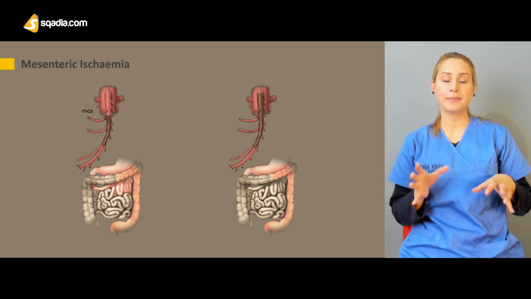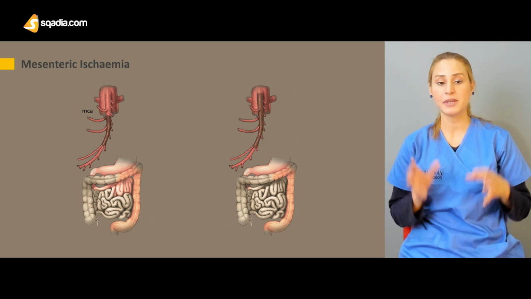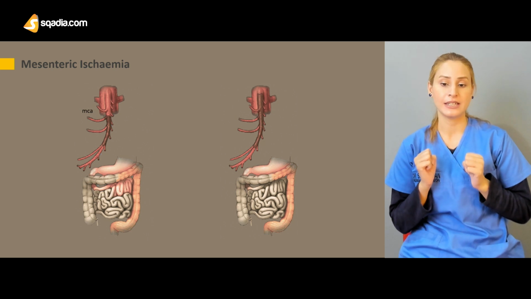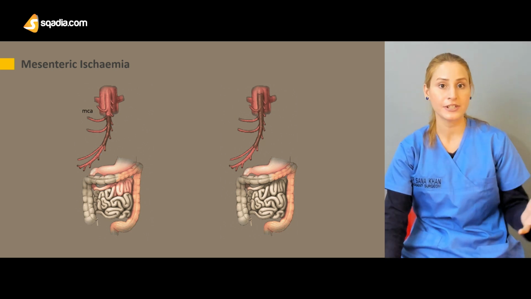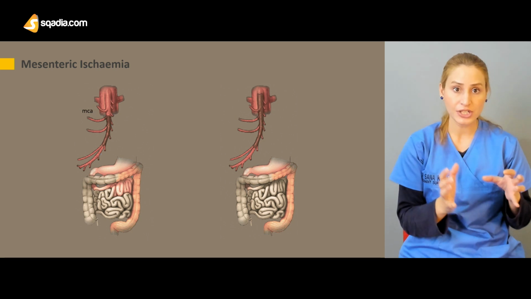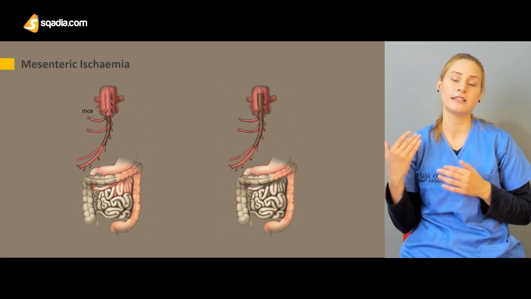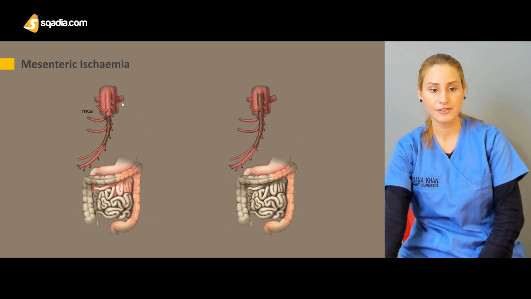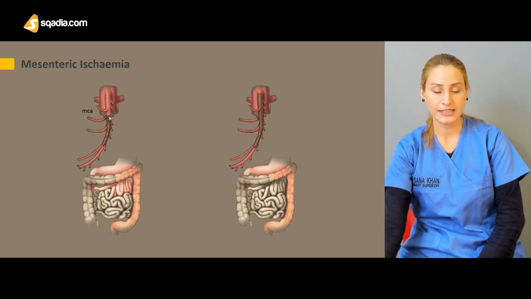Okay, so this picture is very important because it's telling you about the difference between the distribution in the thrombotic event and in the embolic event. So if you can appreciate here in the first diagram, you can see